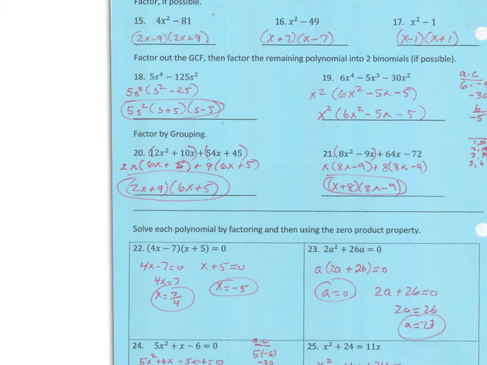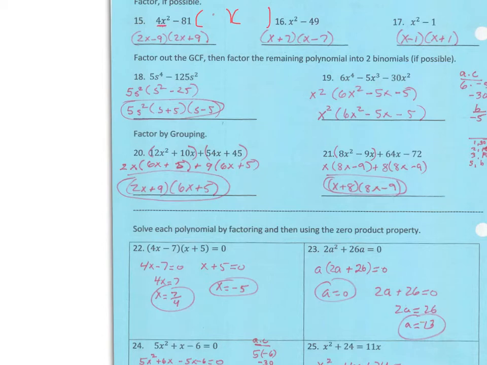Okay, let's look at problems 15 through 25. All right, first of all, number 15, notice what it says. It says factor if possible. Now remember, anytime you have a binomial and you see these perfect squares, remember what you're automatically going to try to do. You're automatically going to go into reverse FOIL mode and you're going to think about, okay, well, if